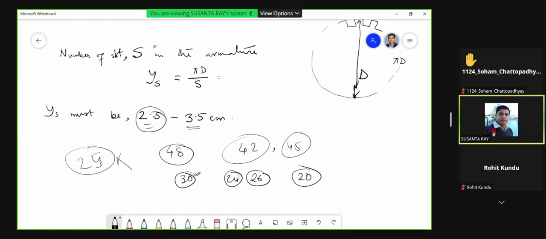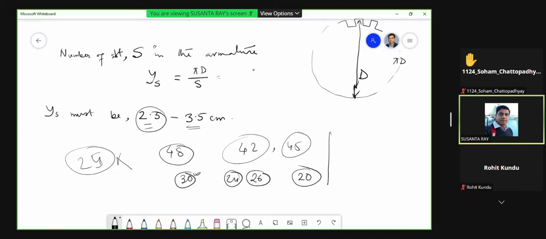Sir, for a 25 kilowatt machine, is 24 number of slots okay? That can be. Sir, I am getting 32. 32, yes. Okay. Sir, I am getting 40. Okay, 40 is okay, acceptable. Sir, for 15 kilowatt I am getting 25. No problem. One more thing you have to